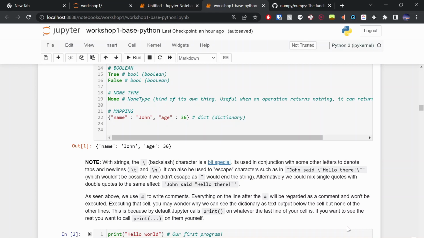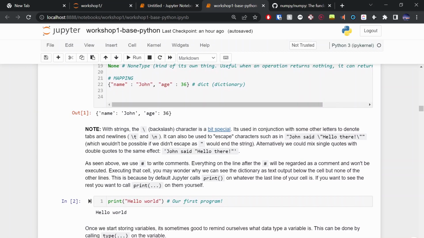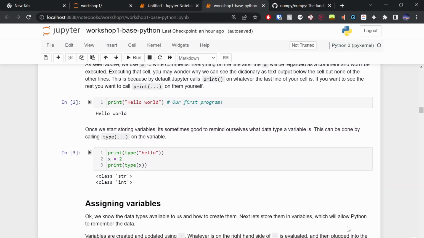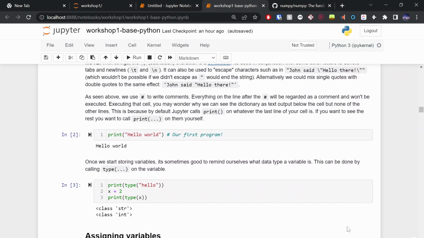And then we also have mappings like dictionaries. It's kind of different to a sequence. A sequence is kind of ordered. Mappings is kind of like, hey, John has a name, John has an age. We don't really talk about dictionaries, but super handy if you want to learn them. There's a bit of special stuff with strings. You can read that if you want. I'm just going to skip over it because we have quite a lot here anyway. Basically, if you see some weird \n's, \t's in strings, that kind of explains what's up with that.